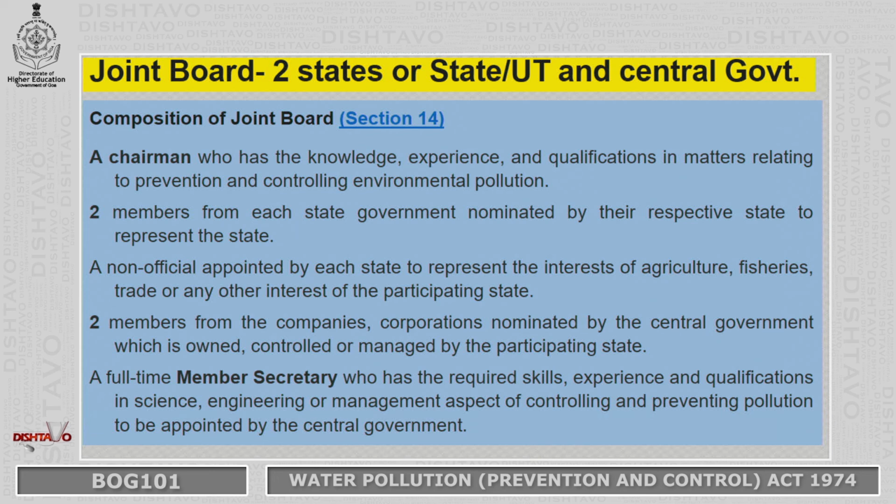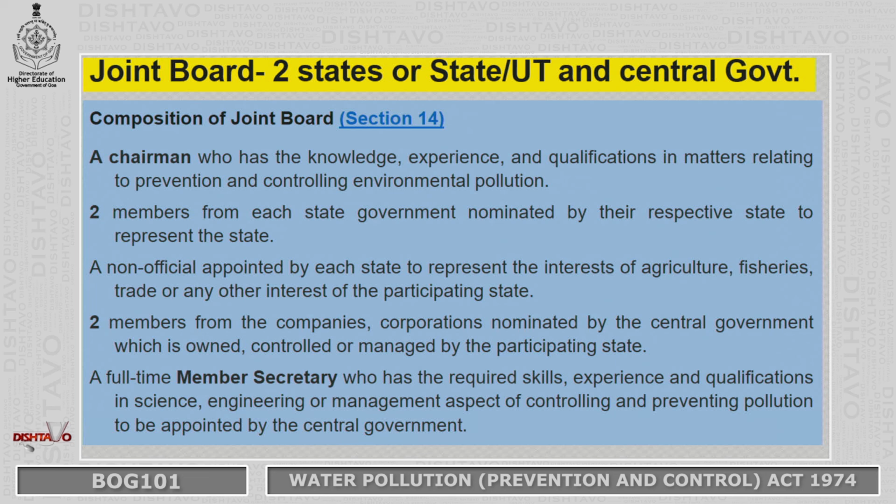It has 2 members from each state government nominated by their respective state to represent the state at the joint board. 1 non-official appointed by each state to represent the interest of agriculture, fisheries and trade or other interest if the participating state has the interest, or 2 members from the companies, corporations nominated by the central government